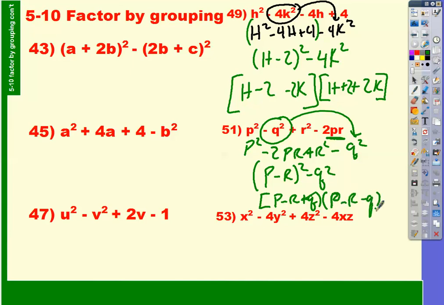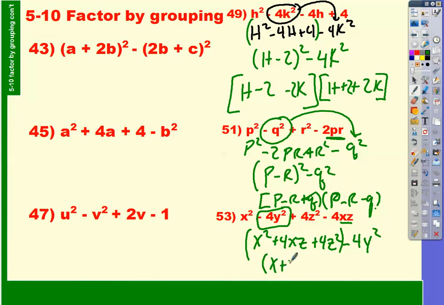And for my last piece of math magic, I see this xz here, right? That tells me the x squared and the 4z squared go together, and the negative 4y is on timeout in the back. So I have x squared plus 4xz plus 4z squared minus my troublemaker. Yes, that gets grouped together. Hey, pretty. And this factors to x plus 2z squared minus